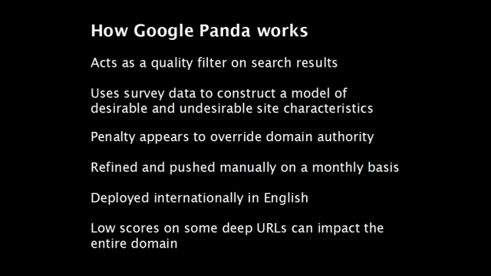Okay, so when Panda first rolled out, there's been 5 versions that have rolled out. When Panda first rolled out in February, it punished some very large sites. Okay, it was a sharp knife, and it did not spare people. Generally, Panda has awarded really big sites, Amazon, the Wikipedias, and so forth. The reason being is that it's sort of a perfect circle. Those sites provide a great user experience because they're big and they can afford to optimize their user experience. And because they are big and get a lot of traffic because people like it and use it, and then they continue to optimize the user experience, they get better and better.